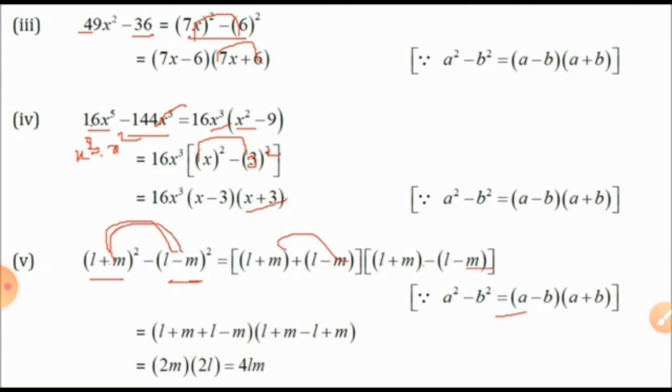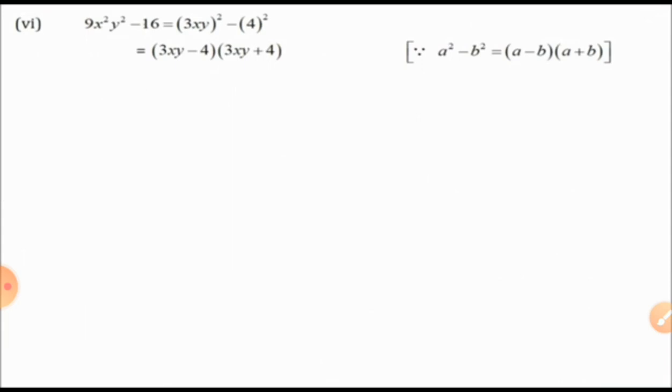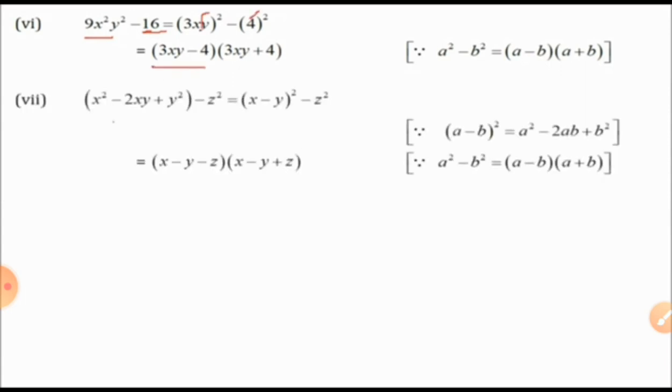Now multiply this both numbers one by one. One time plus and one time minus. Again a square minus b square. Correct. Now multiply with this one, plus minus. What are the common ones? It's the answer. 9x square y square minus 16. Okay, both are numbers which are having the squares. Okay, very good. (3xy minus 4)(3xy plus 4).